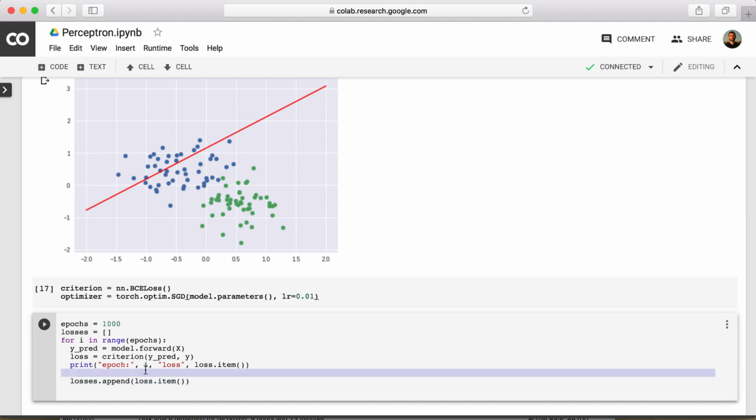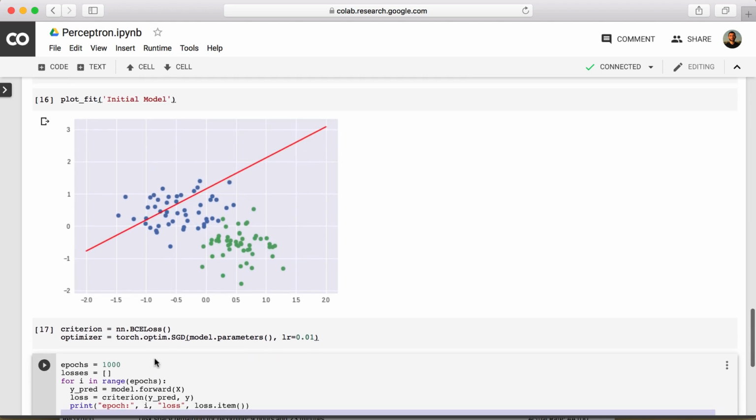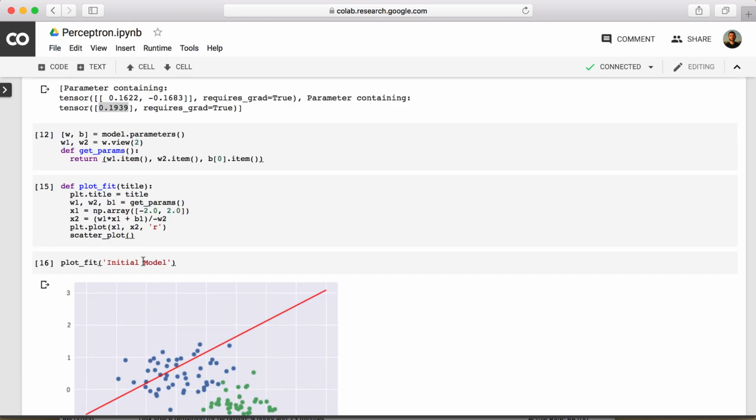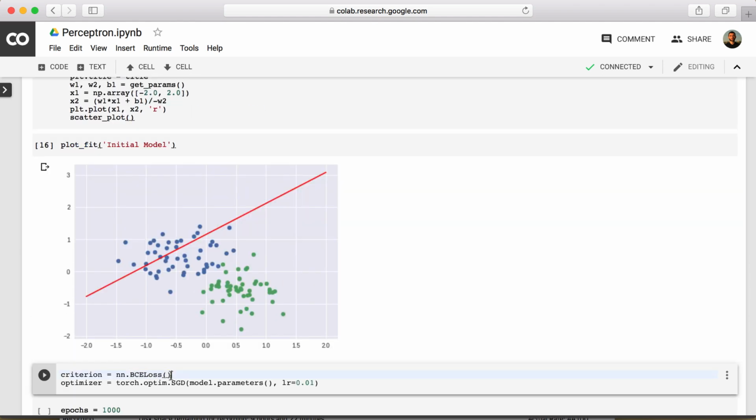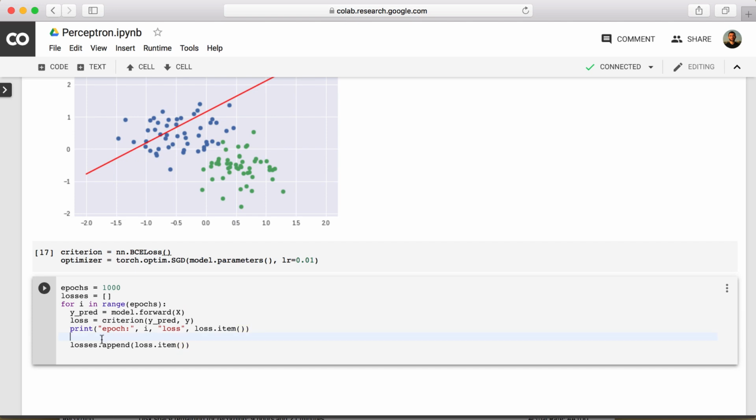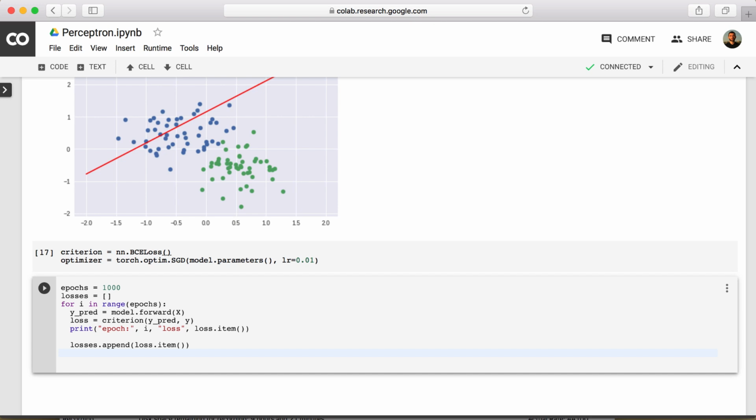The training process is relatively the same, aside from a few configuration differences that we had to place in accordance to our perceptron-based model. And so we will use this list to graph our losses at every epoch and see the improvements in our model. And having computed the loss at every epoch, we must minimize that loss. Recall that in gradient descent, we take the gradient of the loss function, the derivative. To compute that, we use the dot backward method,